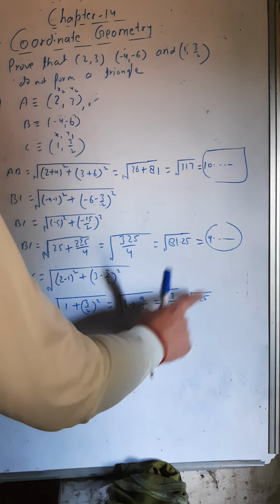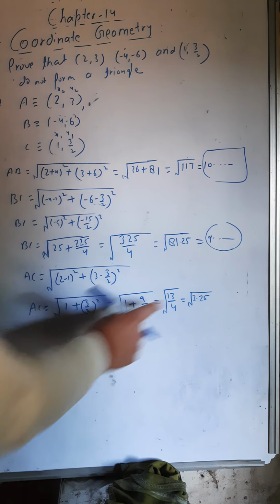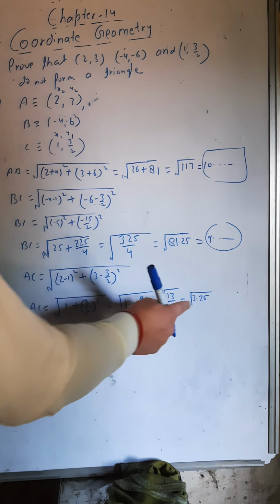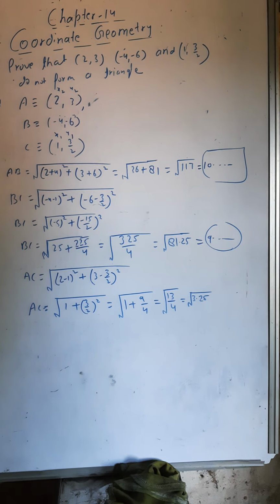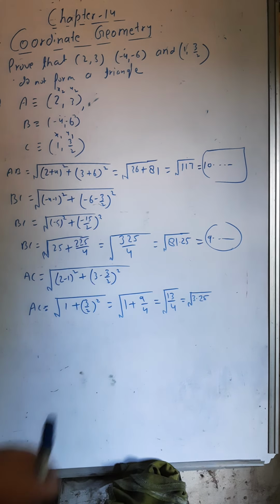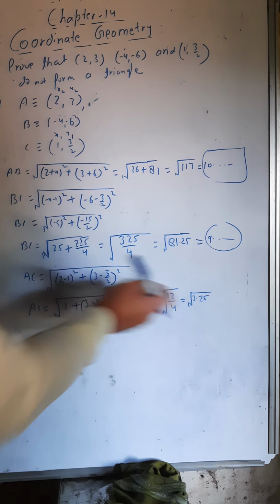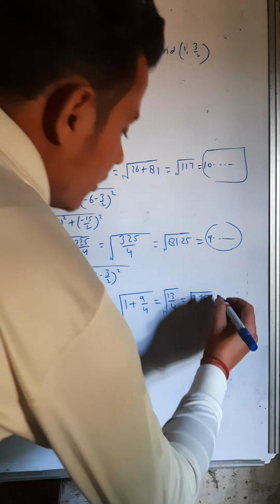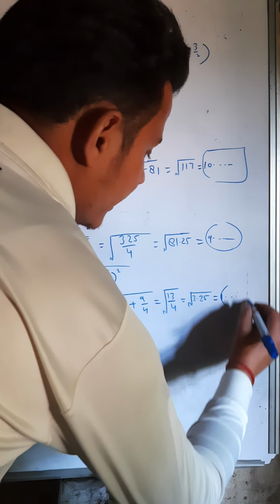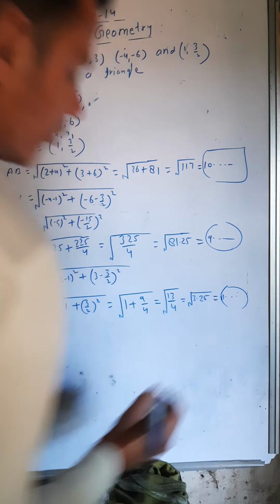The square root of 4 is 2, but it is 3 point something, meaning less than 4. So its answer will be 1 point something, right? Because the square of 2 is 4, and it is not 4, it is 3 point something. So its square root will be 1 point something, not writing the exact number.